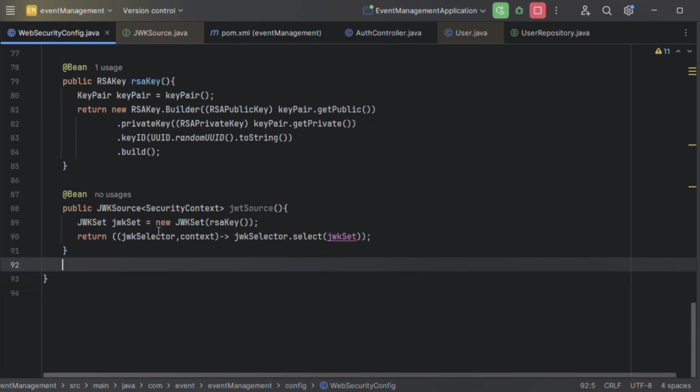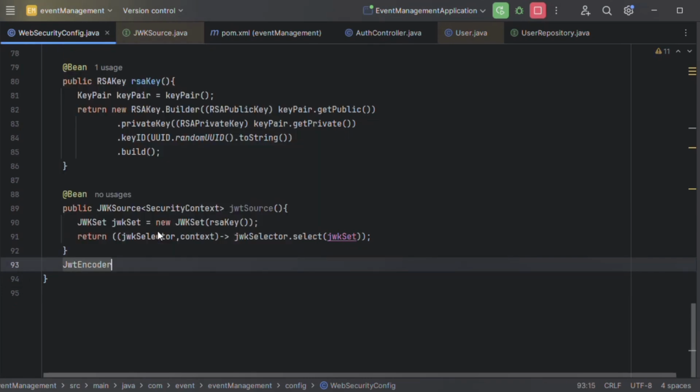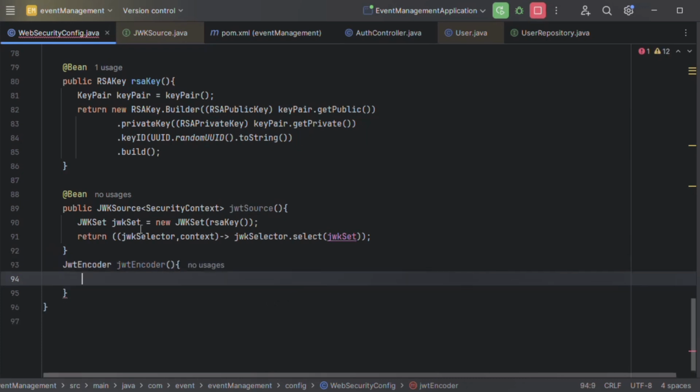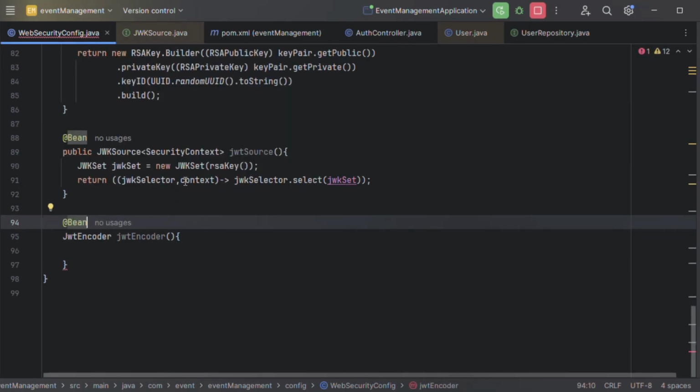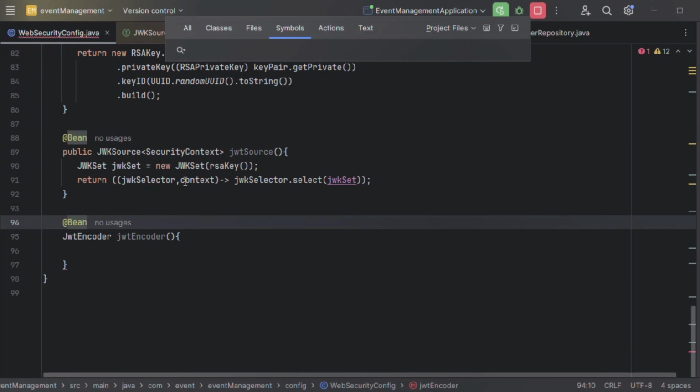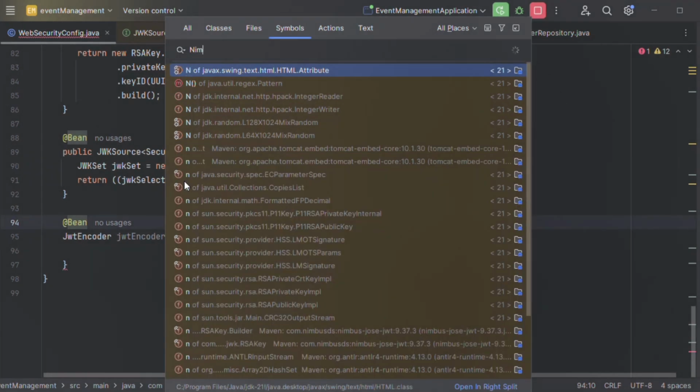Now next we will use this JWK source object for the encoder. So this is the JWT encoder. Let me add a bean annotation. I will show you this Nimbus JWT encoder class.